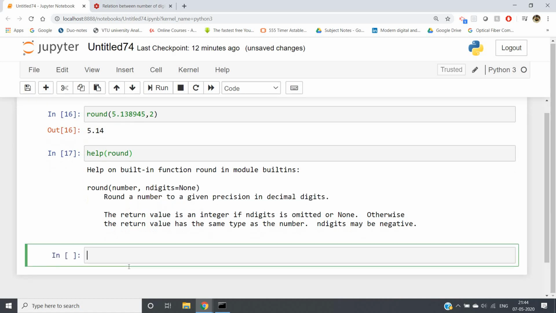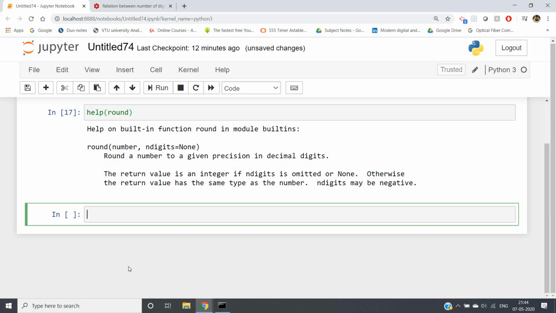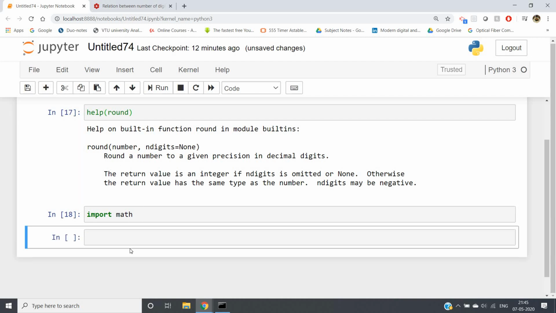Now there are other operations, like ceil, floor, all those things available. These and much more inbuilt functions or methods are available in Python for mathematical computation in a particular module. A module is nothing but a package you can consider, where similar kinds of functions and methods are stored. Like all the mathematical methods or functions are stored in a particular package which is called the math module. Now you need to import the module to apply those functions. How will you import? You have to write import math. Okay, run the code. All the functions related to math are now imported.